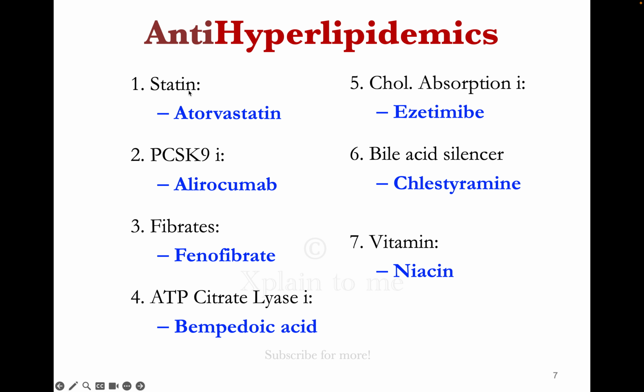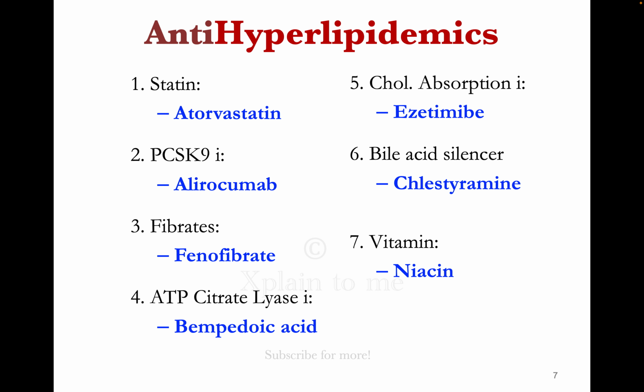So for statins, the indicative drug is atorvastatin. That is a long-acting, high-intensity statin, very effective drug. Commonly used, very cheap, about $1 per day you have to spend for that drug. It is a very good one. So mechanism of action: statin inhibits the HMG-CoA reductase enzyme in the hepatocytes